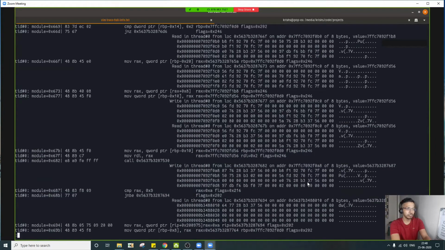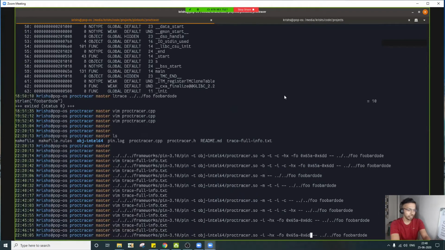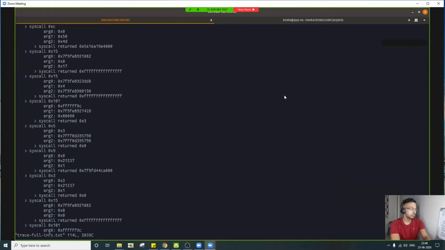Now there's also one more facility. I didn't need it, but I just added it for the sake of the feature. Syscall. You can actually see which syscalls are being invoked and the parameters. Syscall 05, Syscall 09. But I haven't mapped these syscall numbers to the actual syscalls because it will be very platform specific, and I would have to add it for Windows and Linux also.